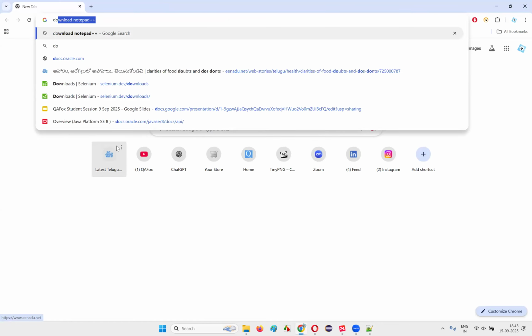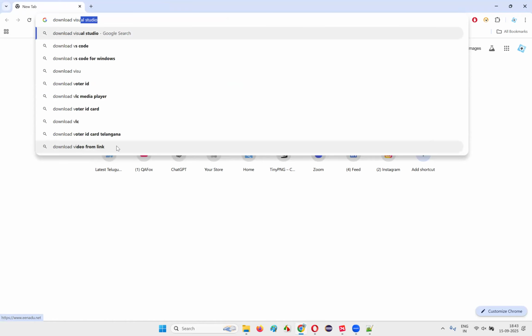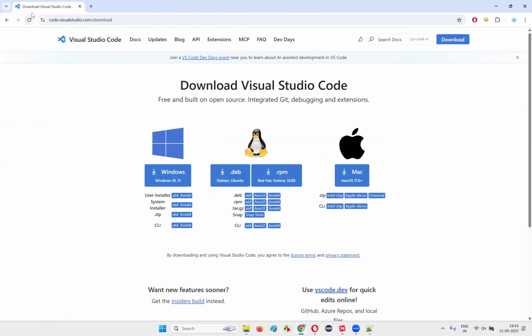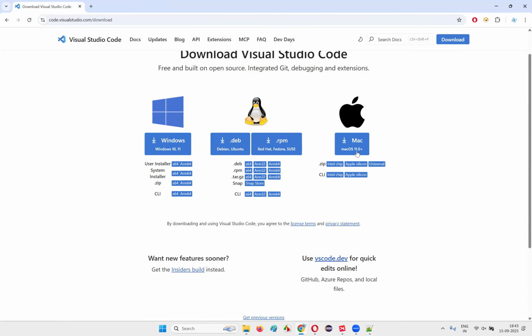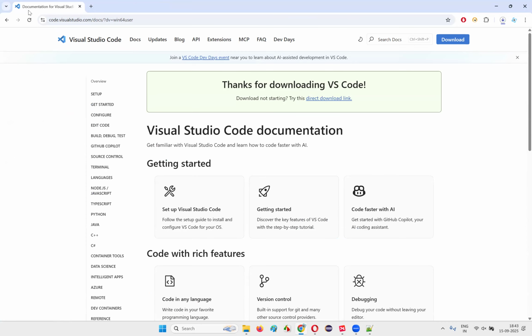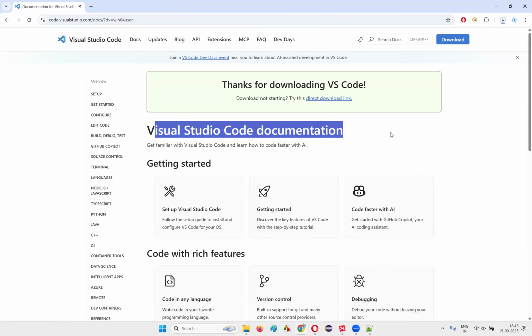Okay. So here simply write download Visual Studio Code. Download Visual Studio Code and click on this link, guys. Once I click on this link, the download Visual Studio Code option will come. Windows will come, Linux will come, Mac will come. Just click on the Windows, guys. Once I click on the Windows,